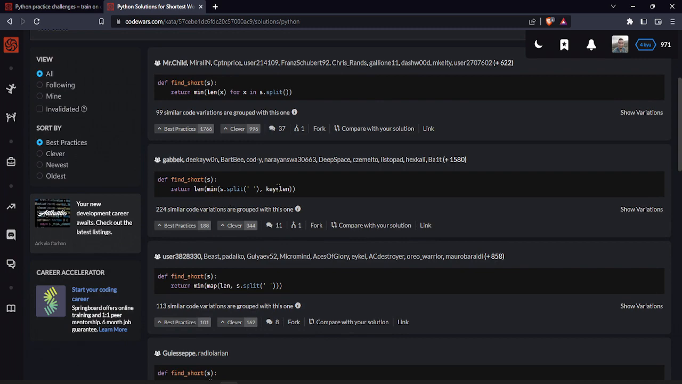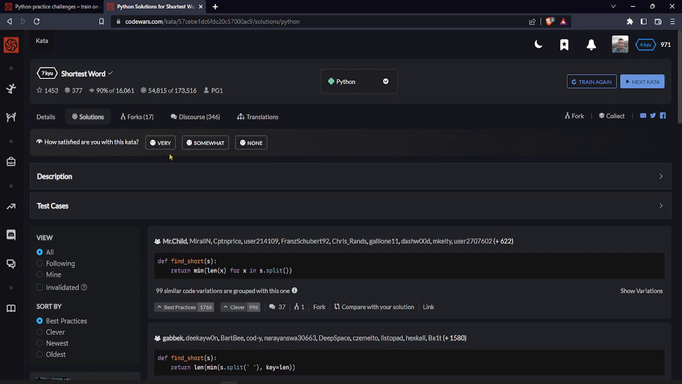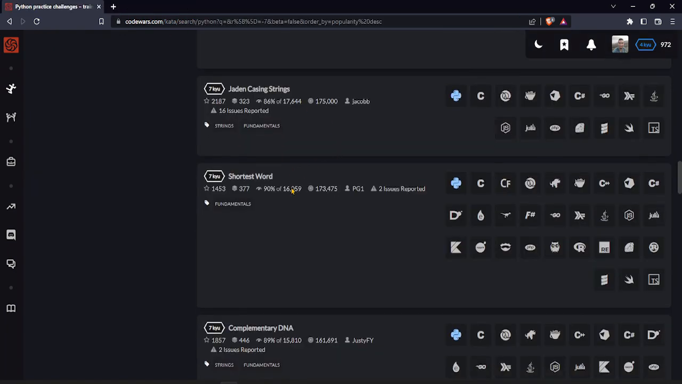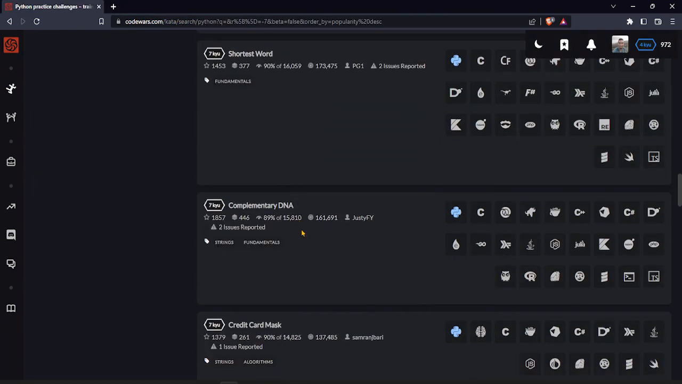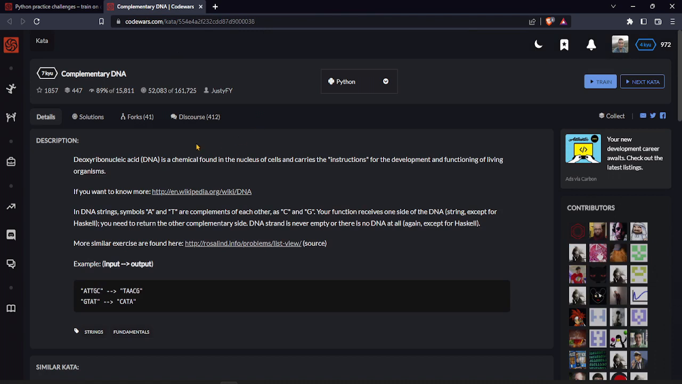Yeah, the min has a parameter key. Complementary DNA. Okay, deoxyribonucleic acid, DNA, is a chemical found in the nucleus of cells and carries the instructions for development and functioning